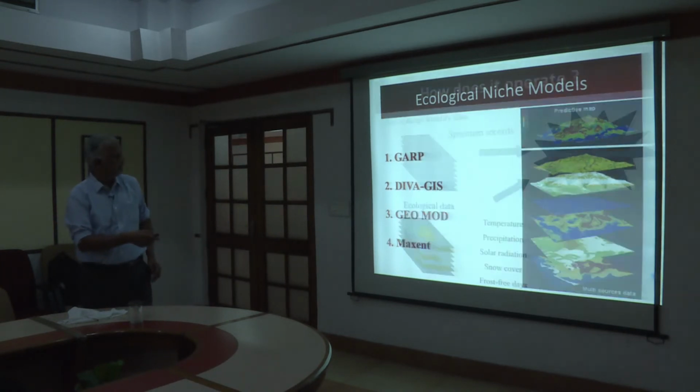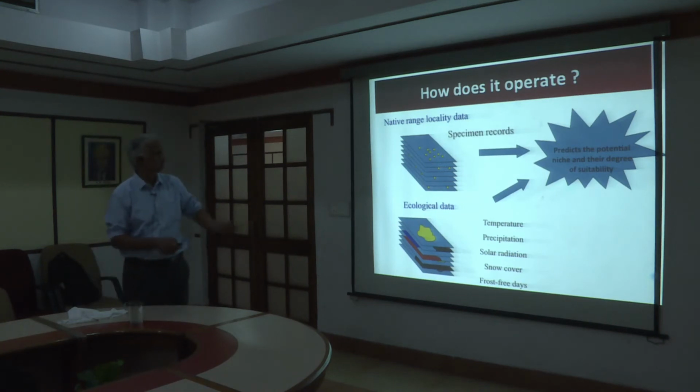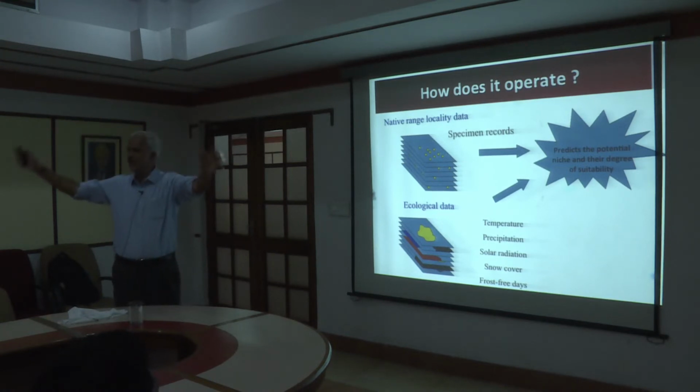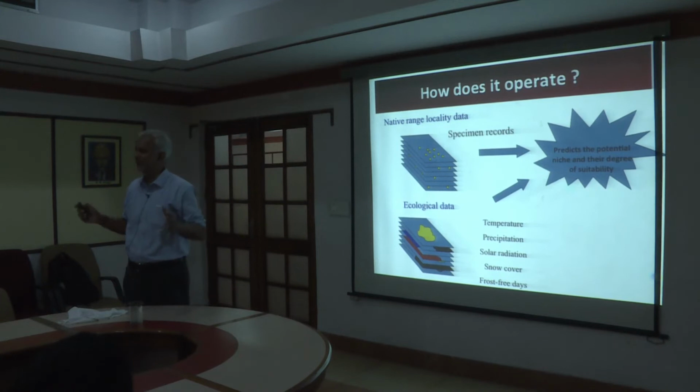Now, what basically all of them do, you take your species of interest, in this case camel or whatever, you have a lot of records of the distribution data, then through the bioclim layers that these programs already have, when I say already have, for the entire world at a resolution of 10 kilometer by 10 kilometer, sometimes at 100 kilometer by 100 kilometer, depending on what sort of layers you are working on, you have for every part of the world